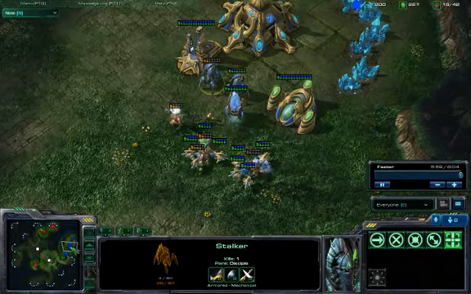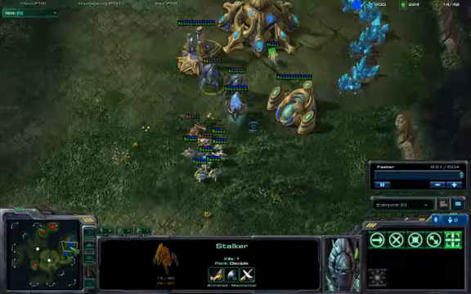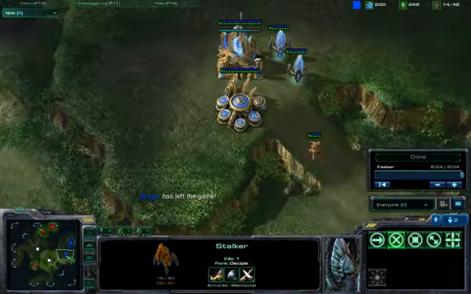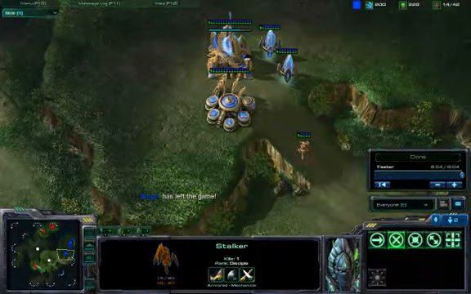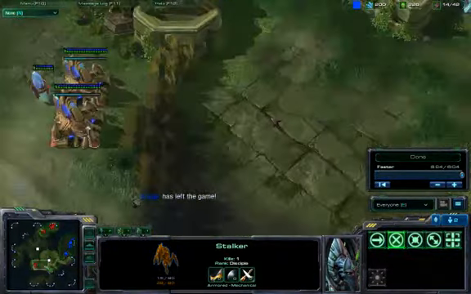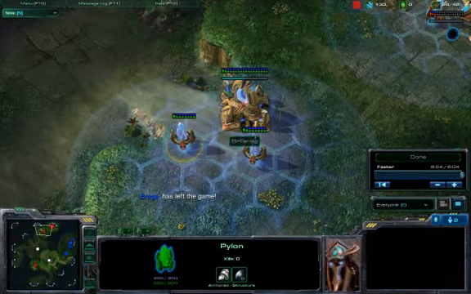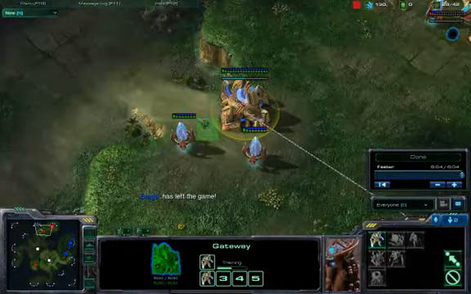And you can see here, I pretty much just cripple his economy. Sure, he defends my push, but now he has no probes and he just leaves the game in frustration. So this is how you play cheese in PvP. If I was a bit smarter, I would have built my first pylon here and my gateway here, and I'd wall off with a Zealot. Or what I might do is wall off with a Zealot and let